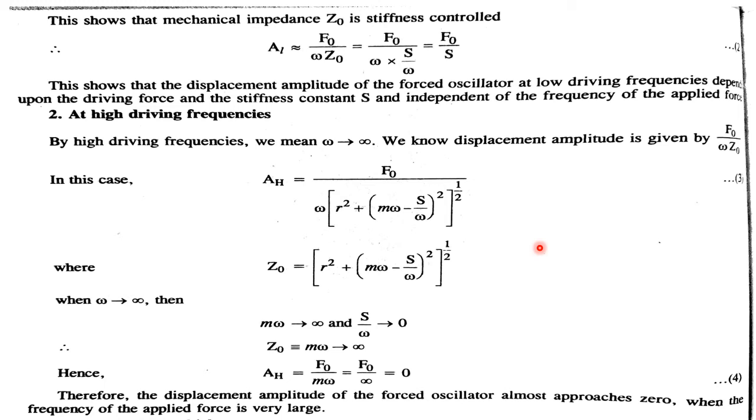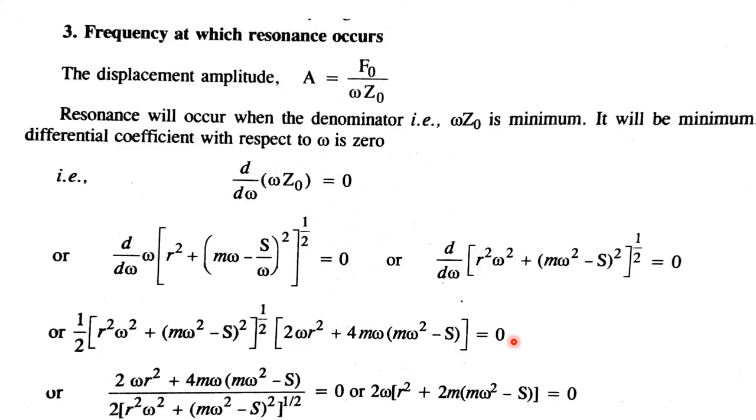So this is again a very important conclusion. When I talk about the end term examination, the question is theoretically important. Naturally you will get the question of how it behaves at various frequencies. And in a multiple choice question for a competitive exam, the question would be: what is the value of amplitude at very high frequency? It is approximately zero. So now let us see how it behaves at resonance frequency.